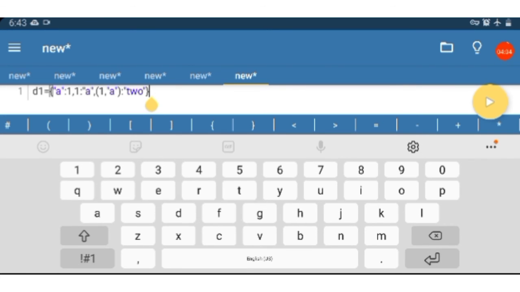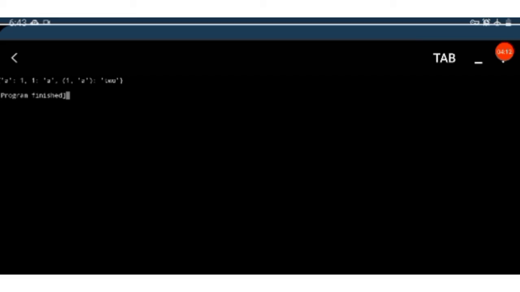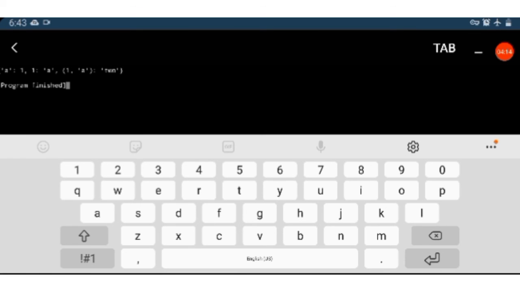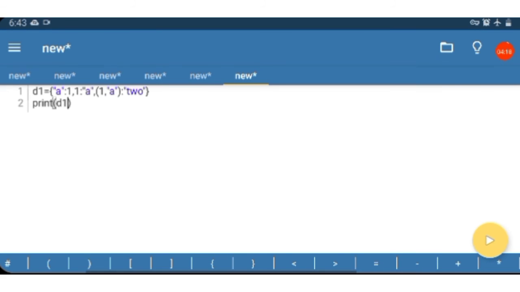Now if we print this dictionary, you can see the error is replaced. Either we can replace this list with a tuple, then the error can be solved. Okay, thank you children.